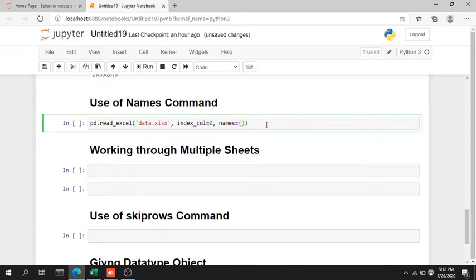And what I'm gonna do next is I've used the names command by writing names. And what names I have, it is basically the first name. You can give names of your own choice. Let me do first name, then last name, then I'm gonna give the country.